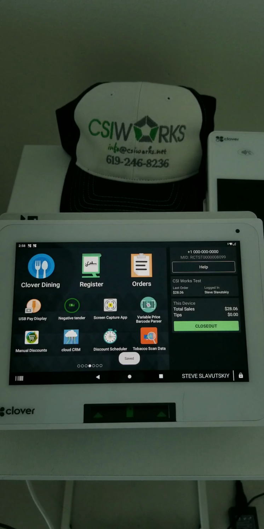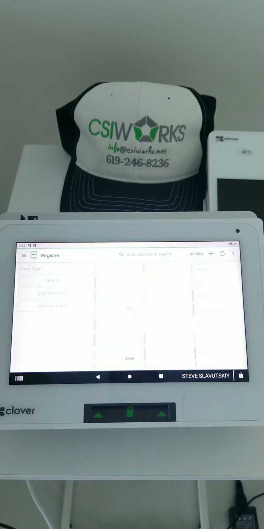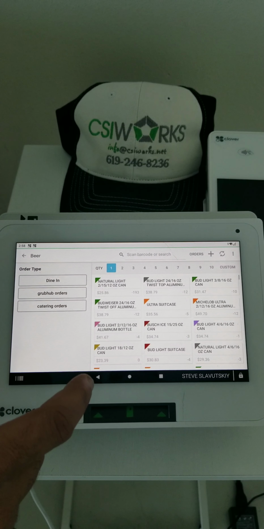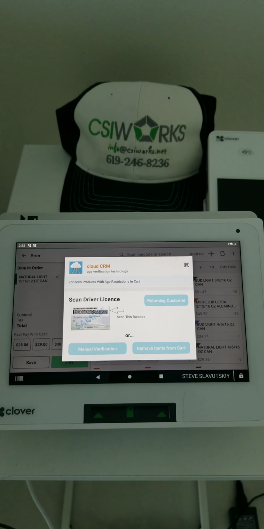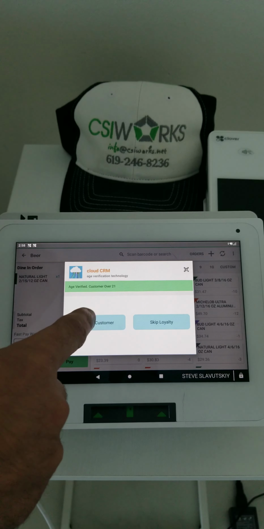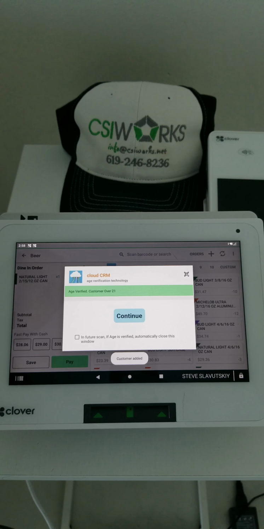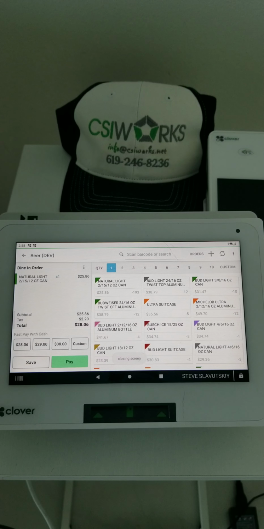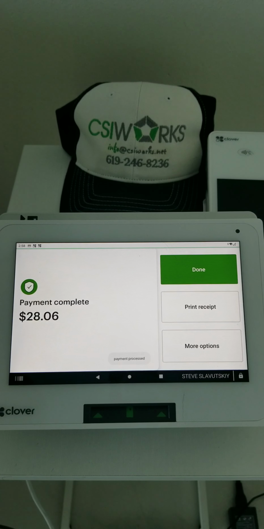So we've turned that on, and now here's my first visit, right? I'm going to grab my beer and it's going to age verify me, right? And so that event of age verification can also be used as a loyalty check-in, right? So I can say that this is the loyalty customer, and so the customer is added to this transaction. Now we can continue, right, so I'll pay with cash,